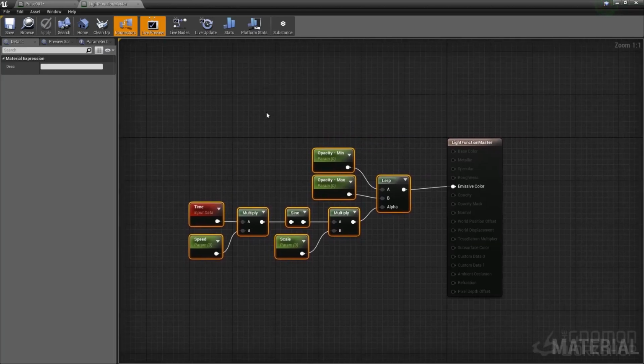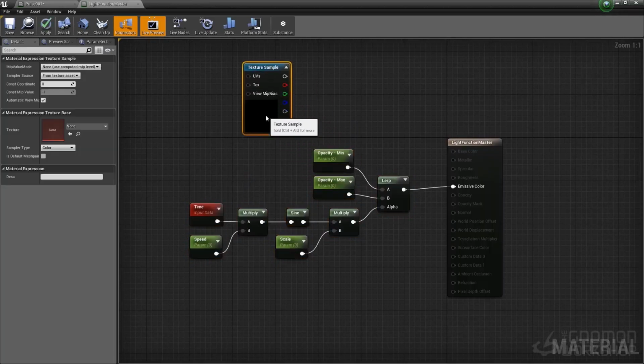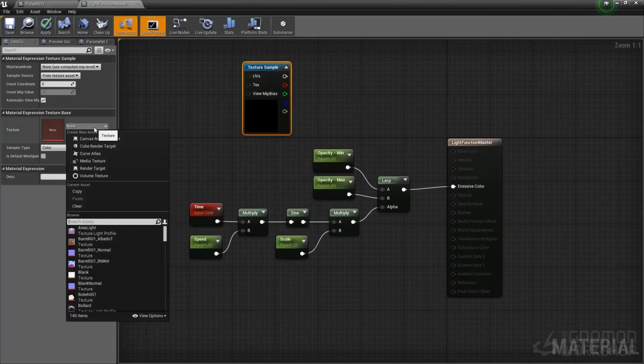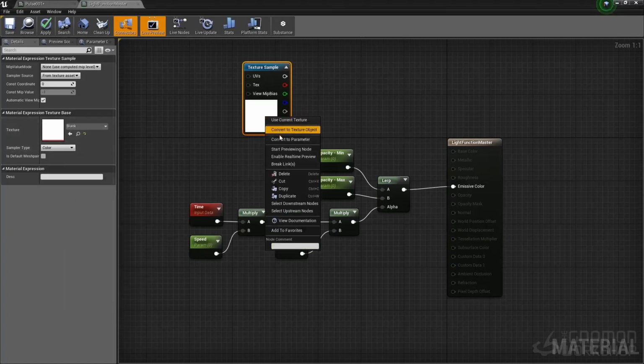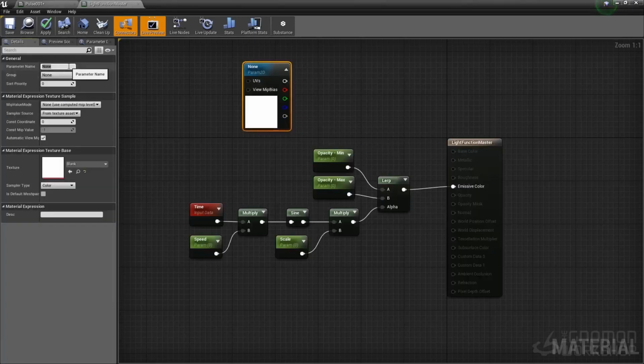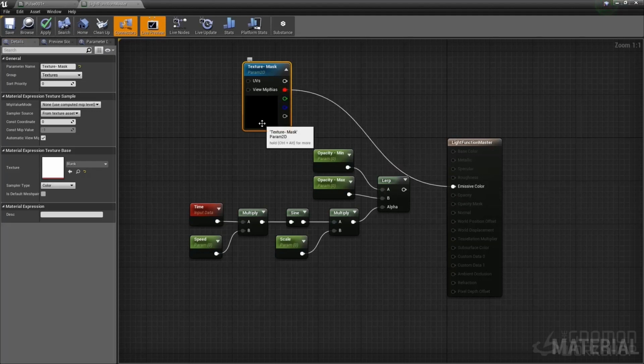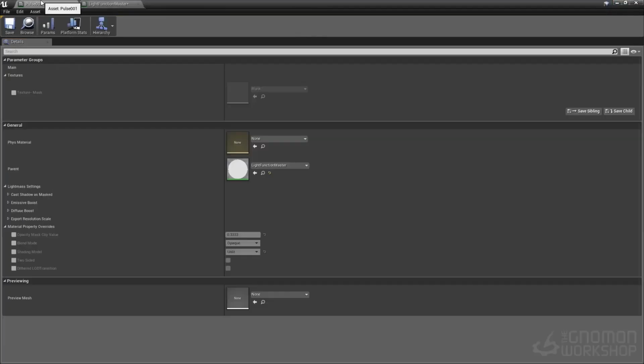So if I wanted to, I can go in here and create a texture. Let's say I convert it to a parameter. Let's just give it a blank placeholder first. Convert it to a parameter. Call this one texture mask. Then throw it in a textures group. And then instead of plugging this directly into here, I could plug this into, let's say, the red channel of this mask, right? And if I apply these settings and go back into my instance,